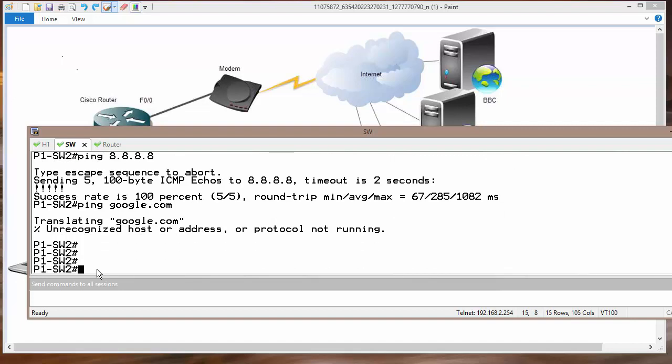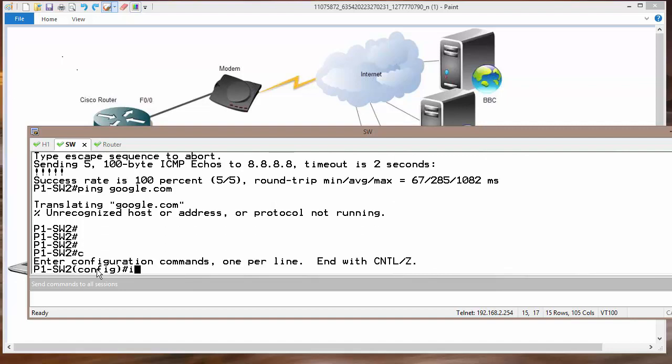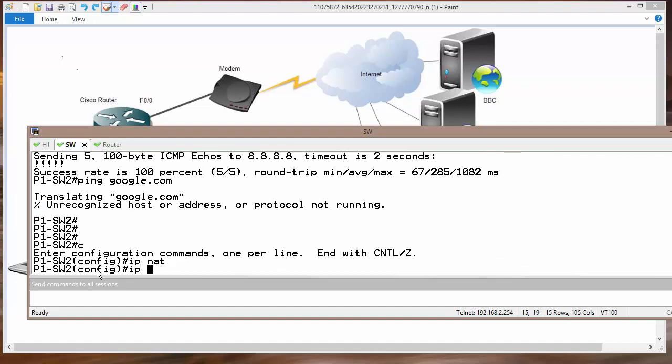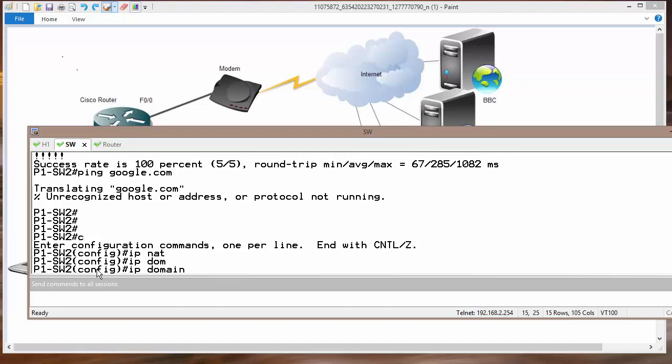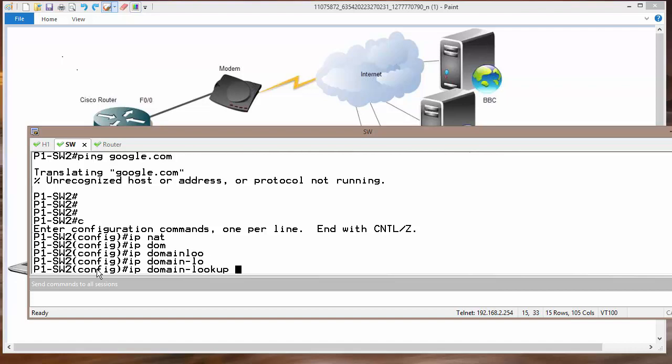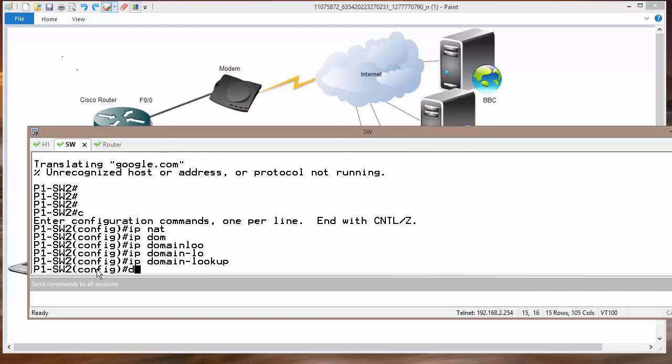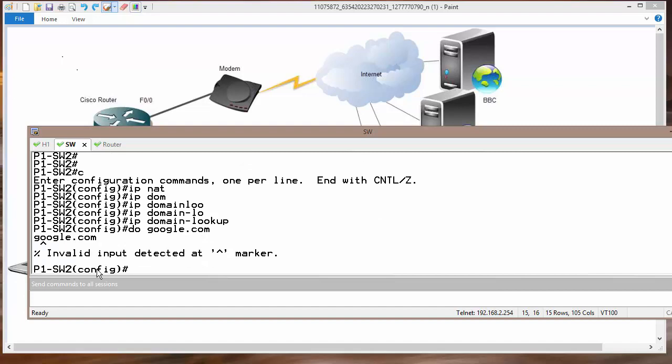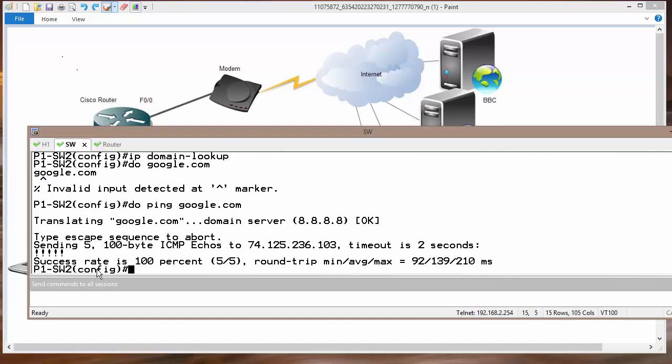Oh, I think I need to enable ip domain-lookup, which was disabled earlier. So now we can ping google.com, do and then ping. There we go. So this is the Google IP address.